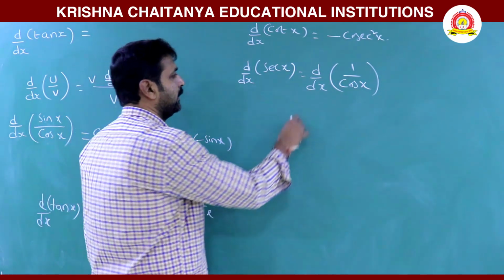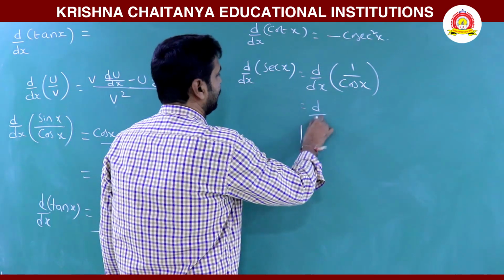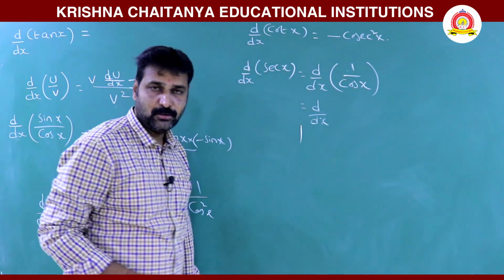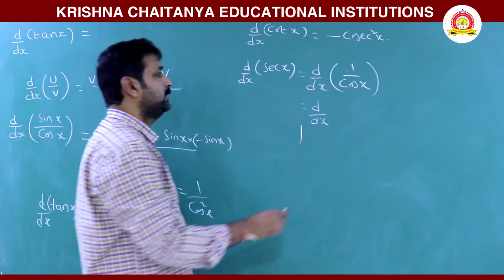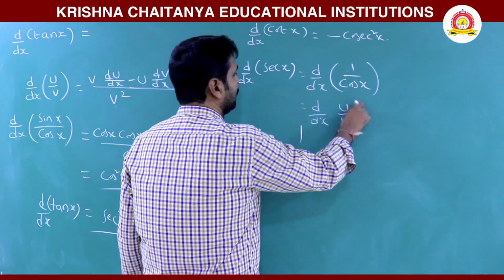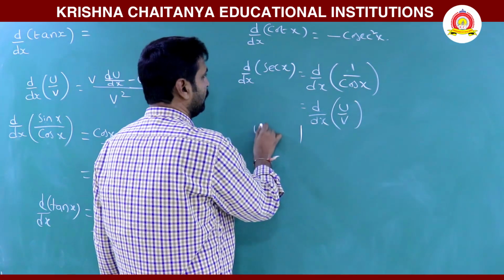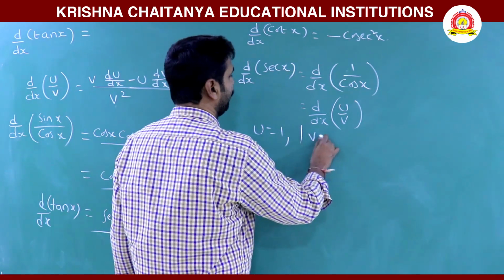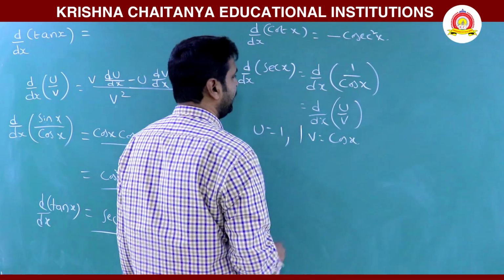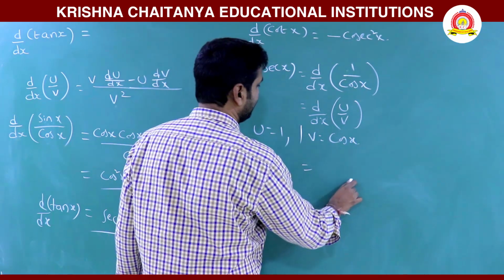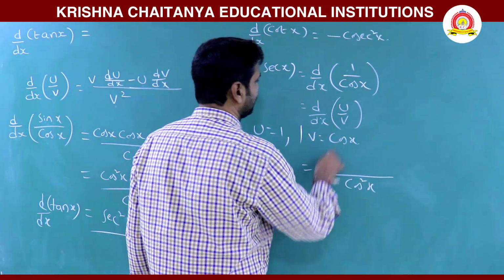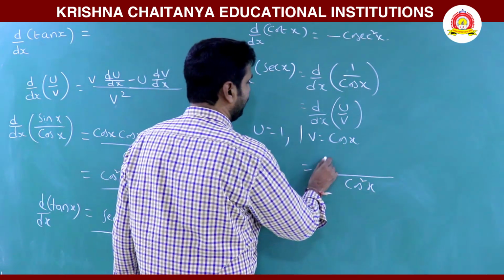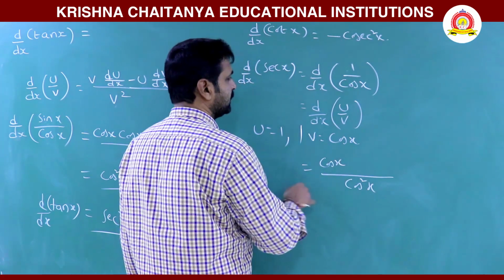Now again using the d by dx of u by v method, this is in the form d by dx of u by v, where u is 1 and cos x is v. So now taking the differentiation, the denominator v squared means cos squared x, and taking v constant, cos x times du by dx,